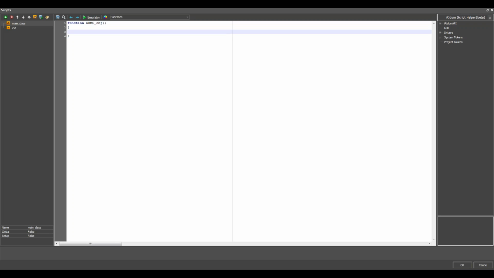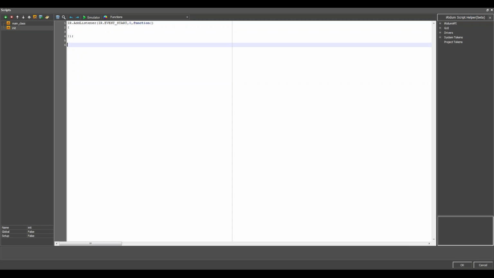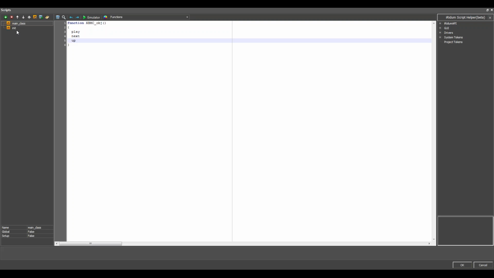Here I should write the methods play, next, up and down. And in the init file, I should only create one new example of my main object.